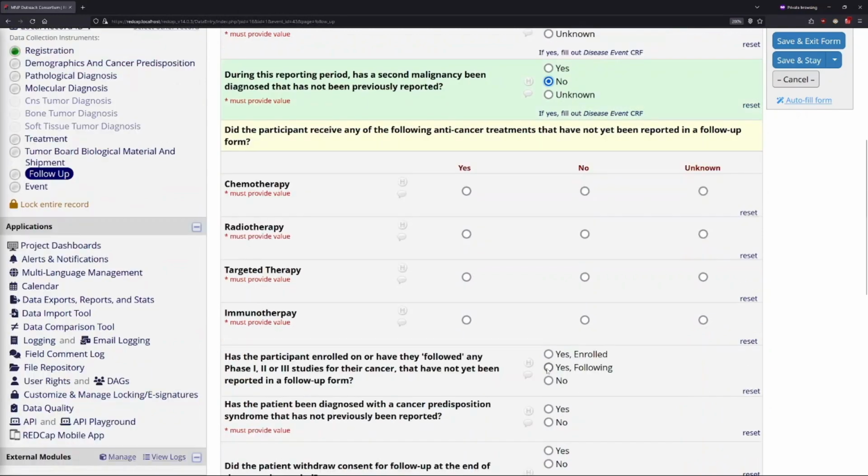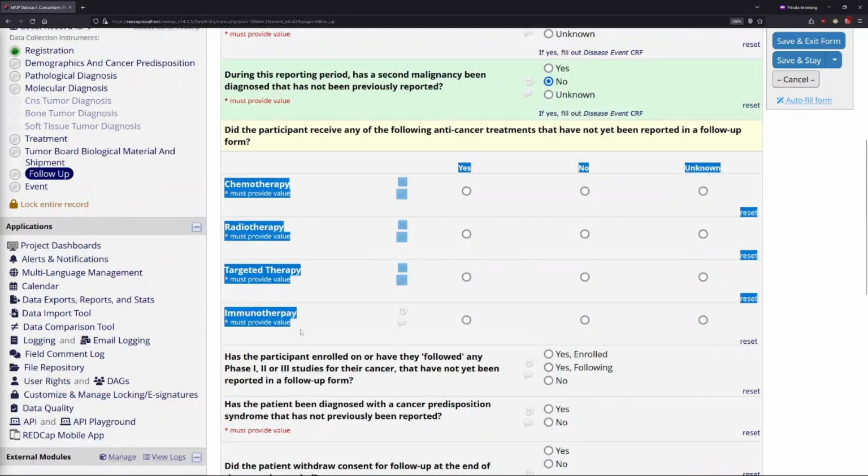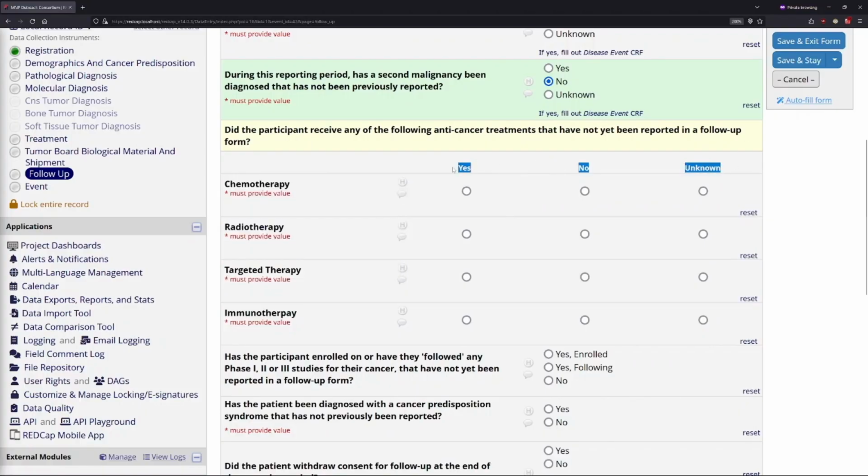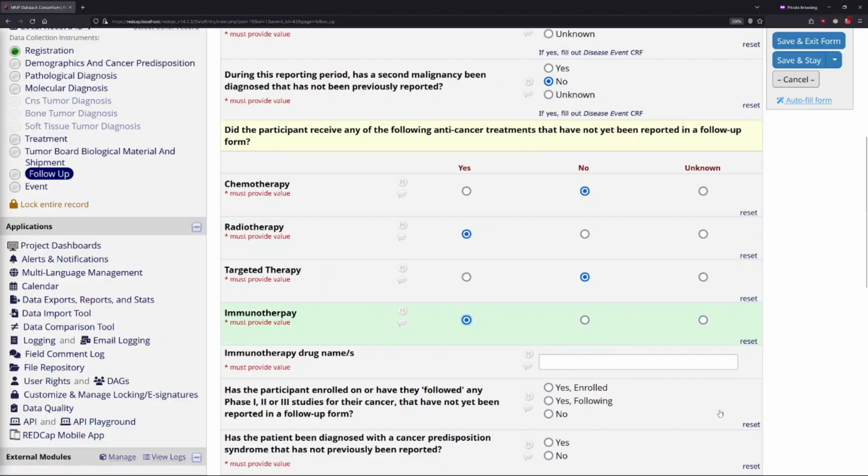And now we see a new field type. This is a matrix. You have a few different fields within the matrix, but they all have the same type of value that would be the option for the data. So let's go through and click yes or no to different anti-cancer treatments. Let's say no chemotherapy, yes radiotherapy, no targeted therapy, yes to immunotherapy, and you'll also notice there are conditionals in